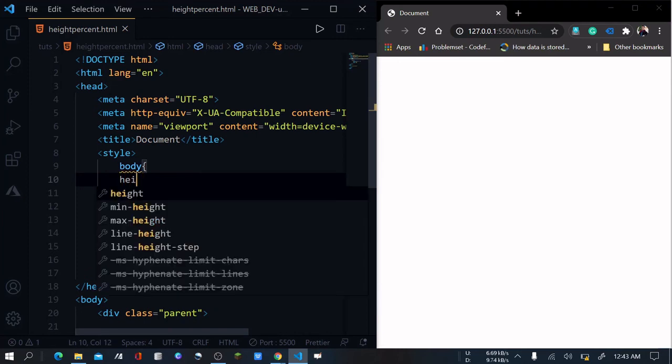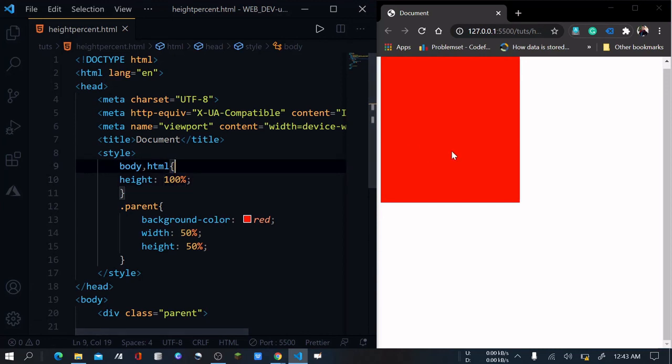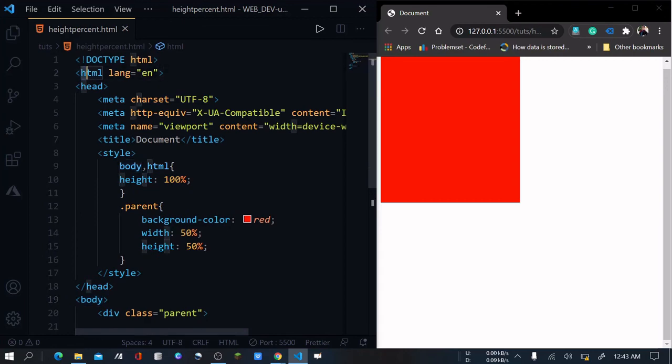height to 100%, nothing will change because you also need to include HTML. Now this will work. So why have I included HTML? Because the parent of this division is body, and the parent of this body is this HTML document.